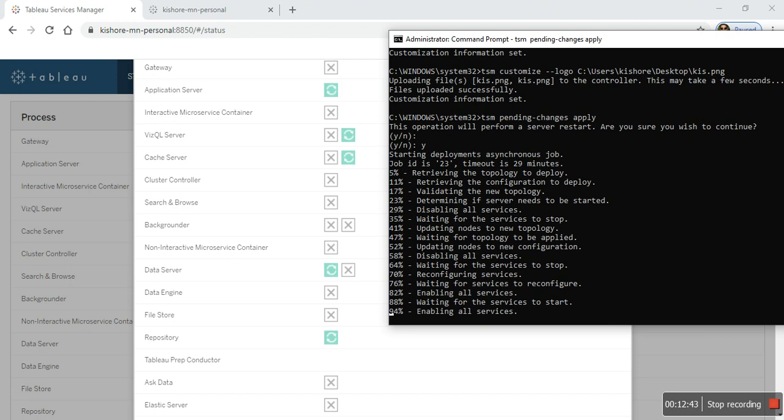Okay, the new customization information has been reconfigured on all the services. Now all the services are starting.